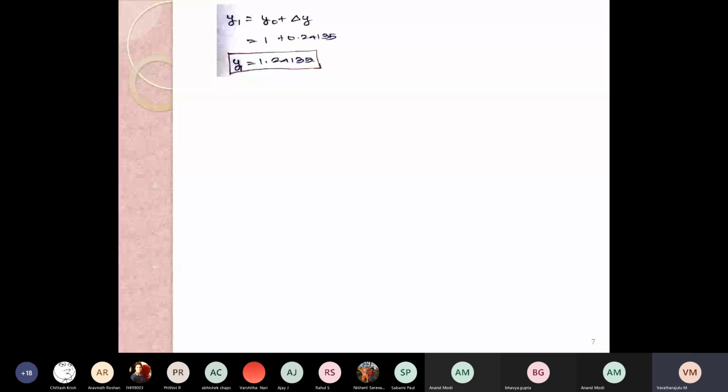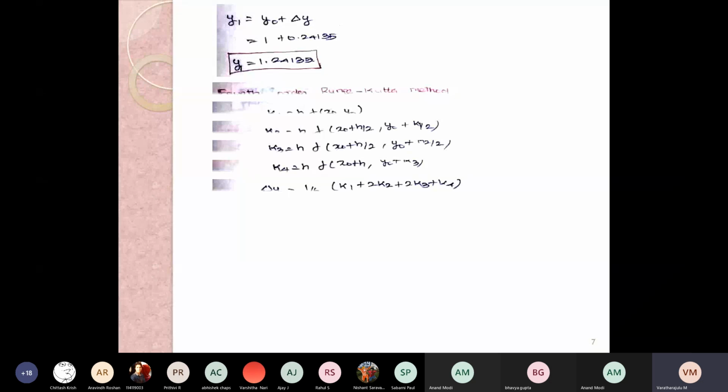Yes, this is what we have calculated with the third order Runge-Kutta method. It is very similar to that of third order. We are going to achieve the formulas for fourth order. Move forward. In fourth order, we have already calculated the values of K1, K2. Yes, this is the formula in the fourth order Runge-Kutta method, which we have already seen.